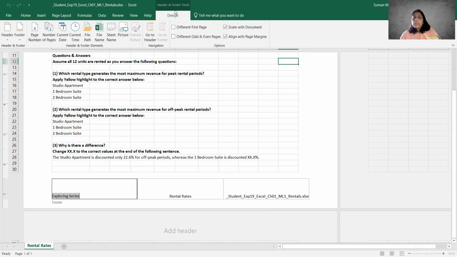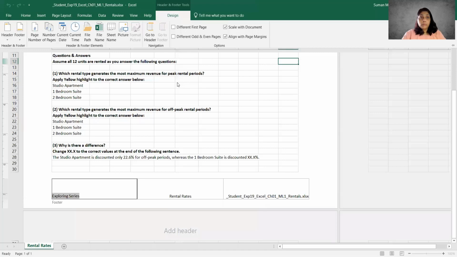Now, this is something that is important for me to explain. It's called a conceptual tool. You'll see that it says Header and Footer Tools in a dark green and the Design tab. These are things that only pop up on the ribbon when you're using that concept. Because I'm using a header and footer concept, there's extra tools that pop up for me. Otherwise, they're not there. So what Microsoft has done is they've made the most commonly used tools available on the ribbon, and items like the header and footer tools, when you don't need them, they don't show. But when you are using them, you get this extra tab that usually pops up for you.